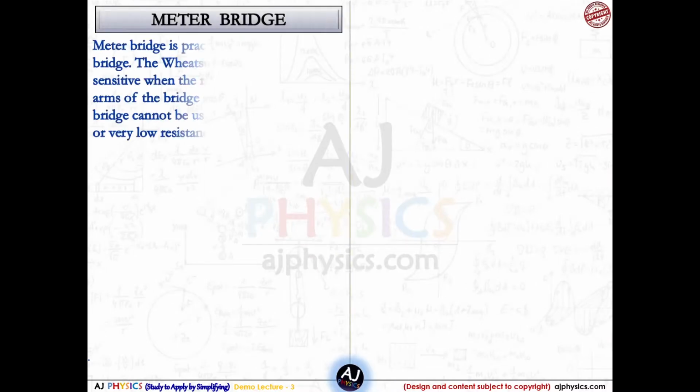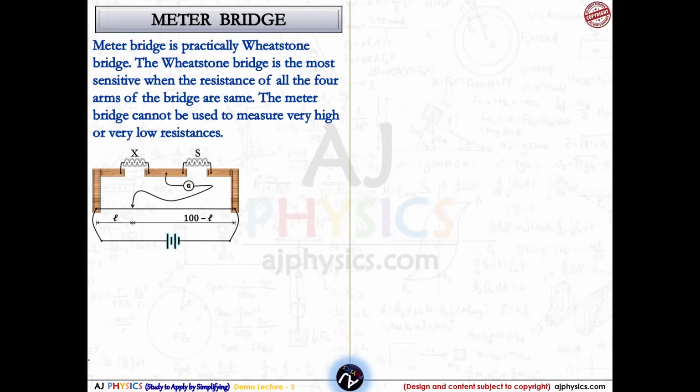So I'll be starting with the meter bridge, which is actually the very practical form of Wheatstone bridge. And in the Wheatstone bridge, we have already discussed the balanced and the unbalanced Wheatstone bridge, where in the balance we used to discuss P divided by Q equal to R divided by S. The ratio of the resistances was equal according to the arrangement, and the G resistance which was present in between the wires was neglected throughout. This balanced Wheatstone bridge is the background principle of the meter bridge.